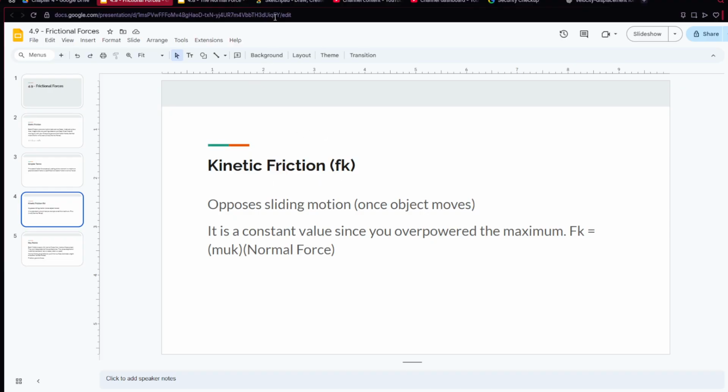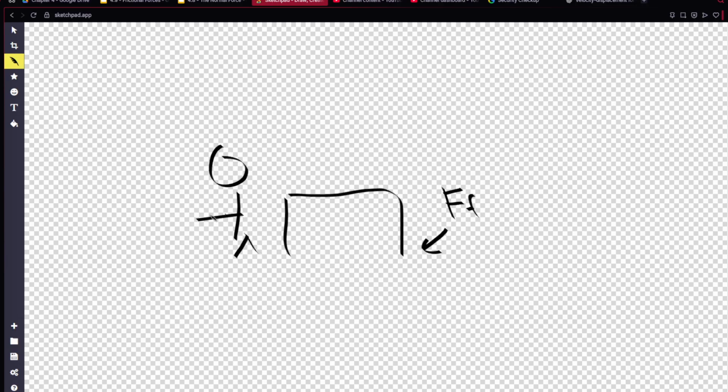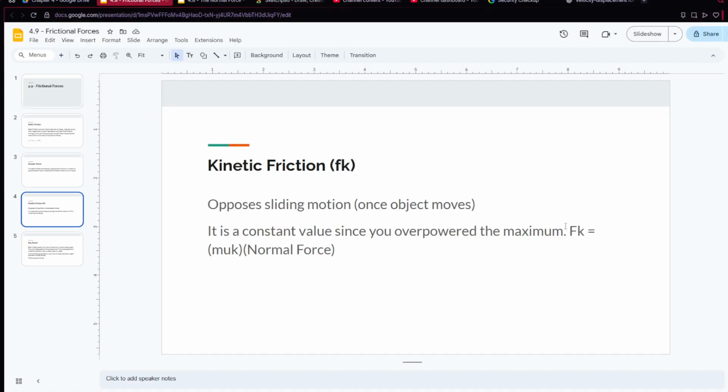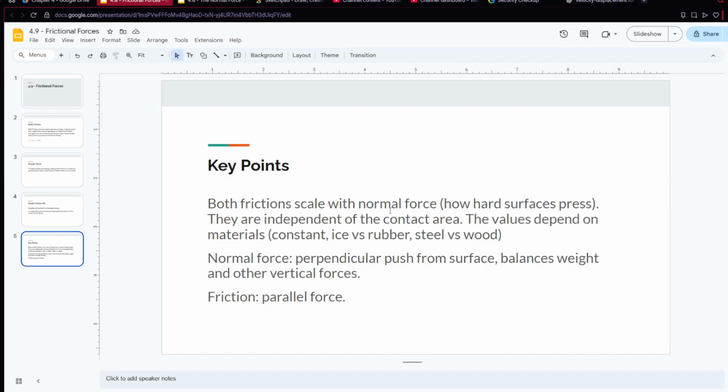So kinetic friction is the same exact thing, but that's once you've overpowered it. So if we go back to the man pushing the box, once they've overpowered the max, friction can apply back. It's the same exact formula, mu k, the coefficient of kinetic friction, times normal force. So key points, both frictions scale with normal force. They're independent of the contact area, meaning that regardless of if the box is bigger or smaller,